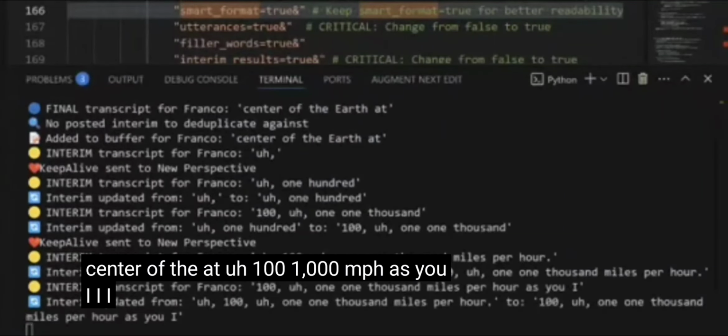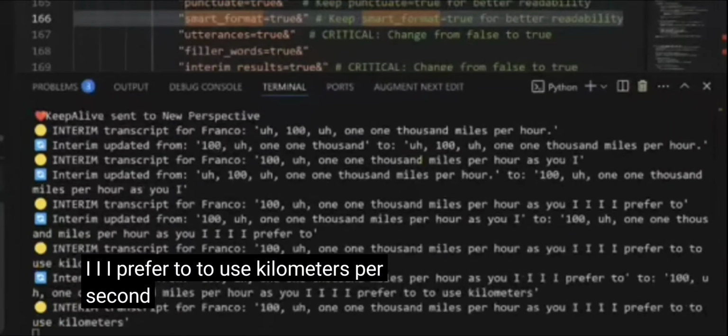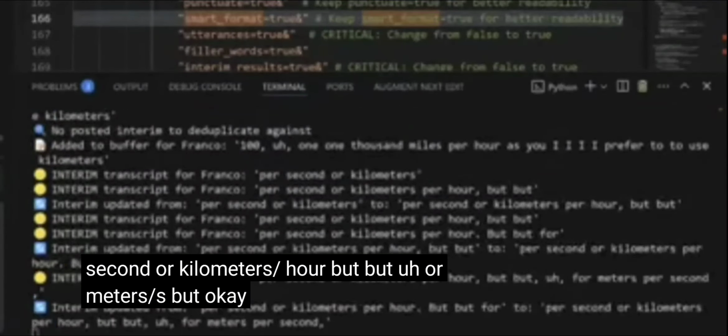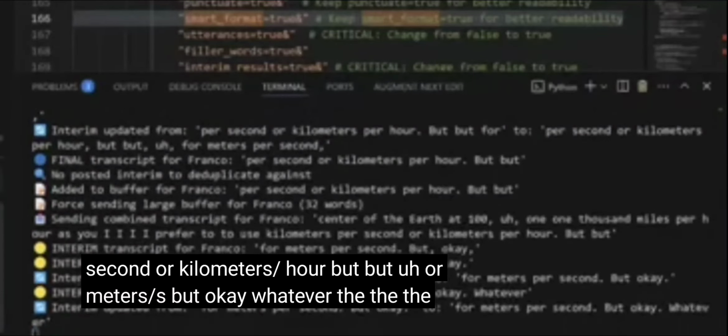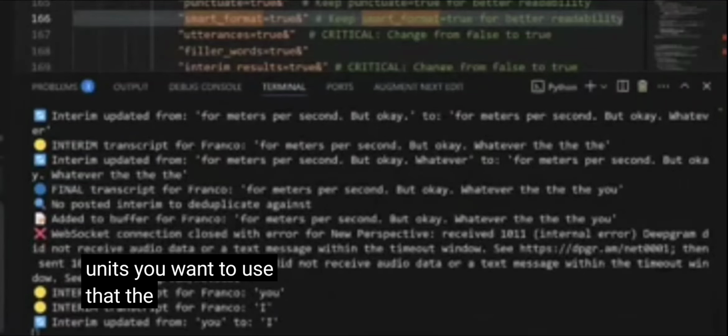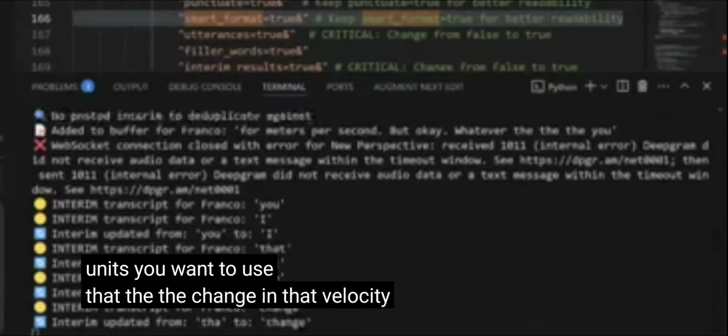I prefer to use kilometers per second or kilometers per hour, or meters per second, but whatever units you want to use, consider the change in that velocity, in the vector velocity,